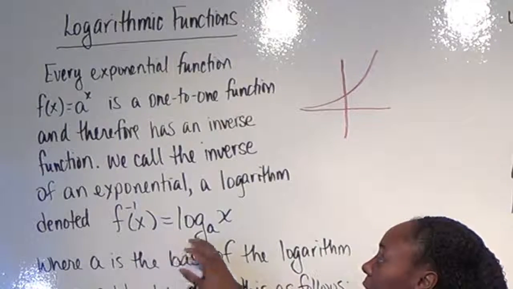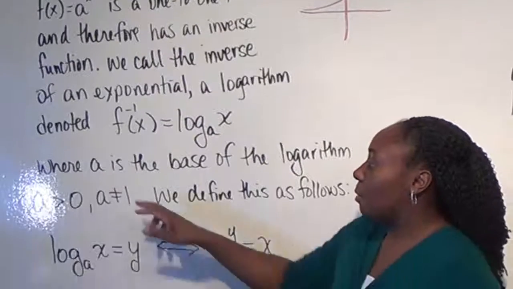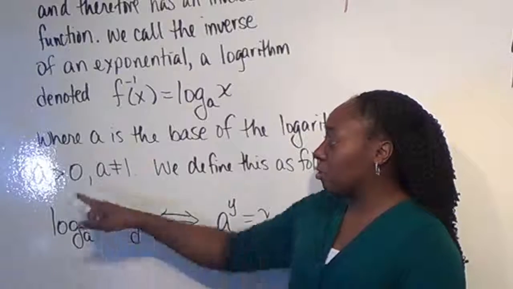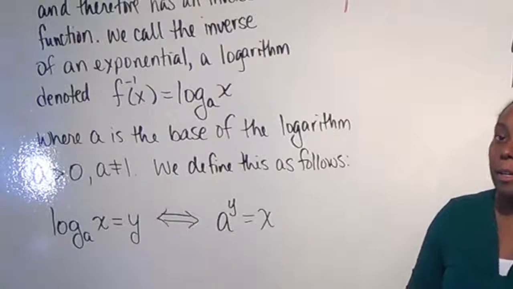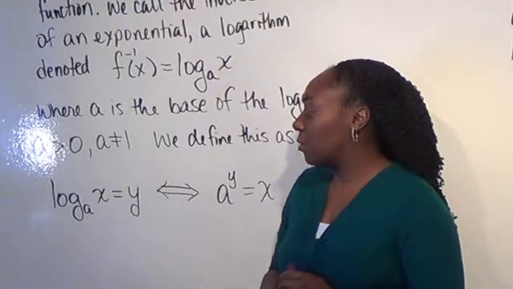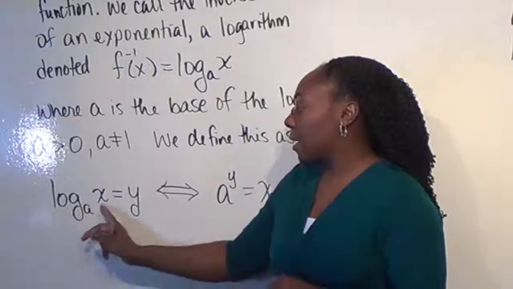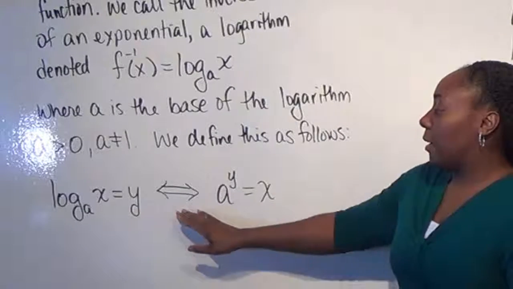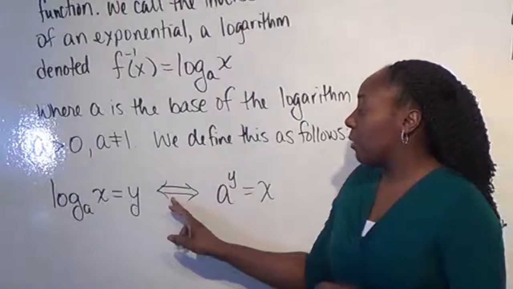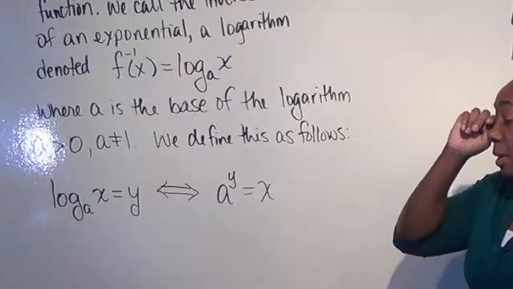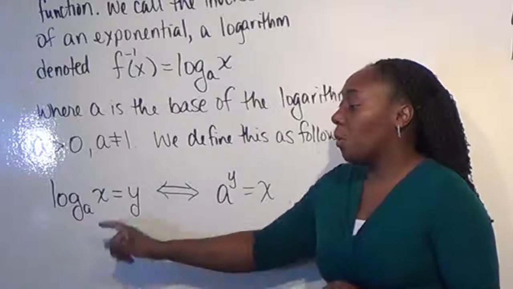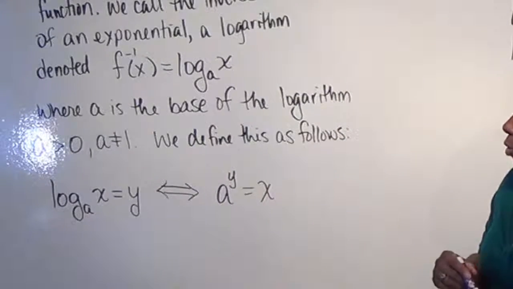F inverse of x is equal to log base a of x, where a is the base of our logarithm, and just like with our exponentials, a is greater than 0 and a cannot equal 1. So we define the logarithm as follows. Log base a of x is equal to y if and only if a to the y is equal to x. And again, this if and only if means this arrow goes both ways, meaning I can start with an